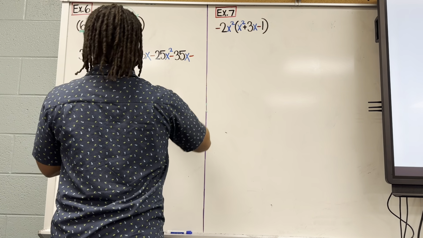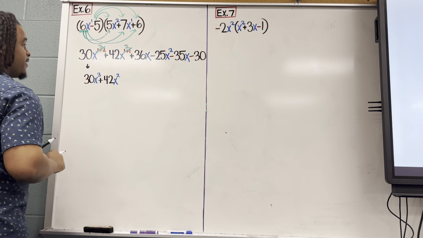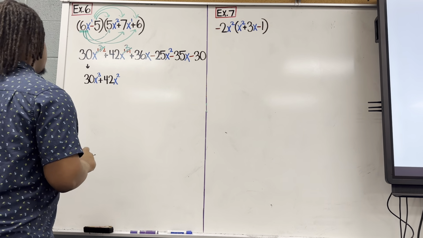So 1 plus 2 is actually 3, so that's going to be to the power of 3. 1 plus 1 is 2, so that's going to be to the power of 2. So now I'm going to rewrite everything. All right? So it's going to be 30x to the third power plus 42x to the second power, all right, plus 36x